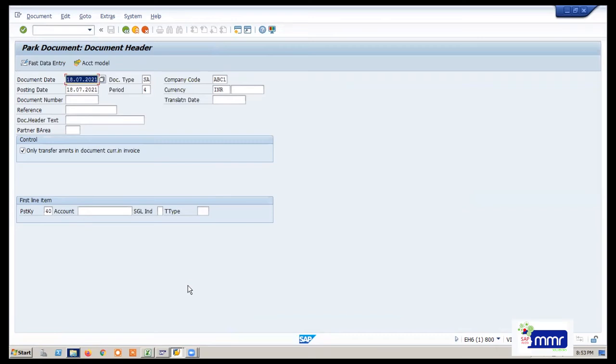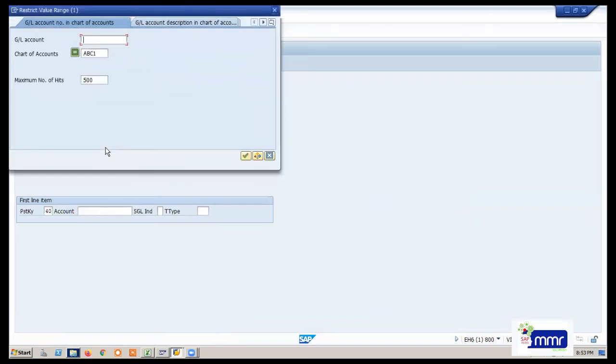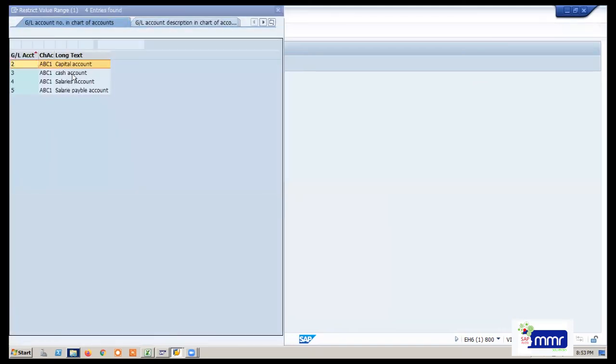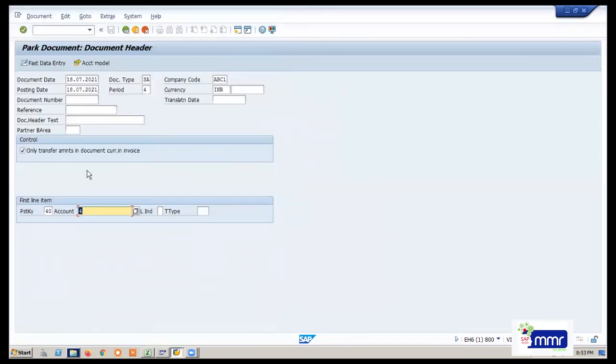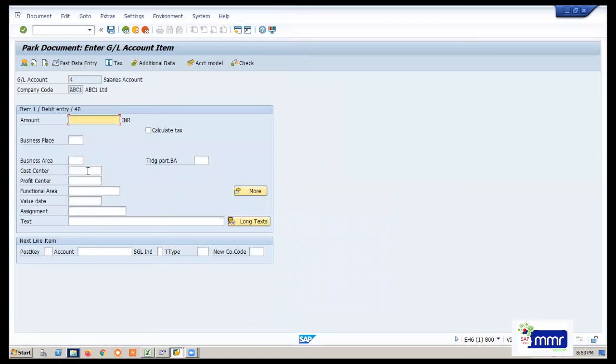You just need to know how to post the document. I will show you how they can park and how they can post. I am posting for salaries with 2000 rupees, just taking an example. Salary parking.